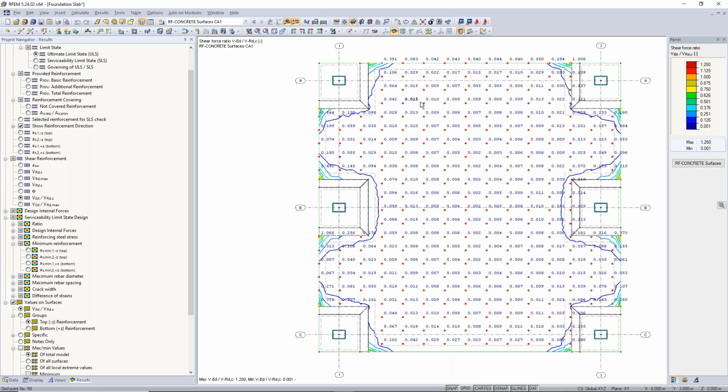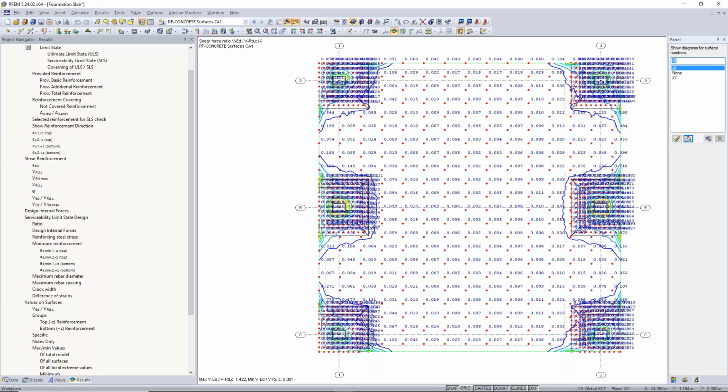And there it was, the most decisive points were next to our column footing. So I'm deactivating my filter again and let all surfaces display,